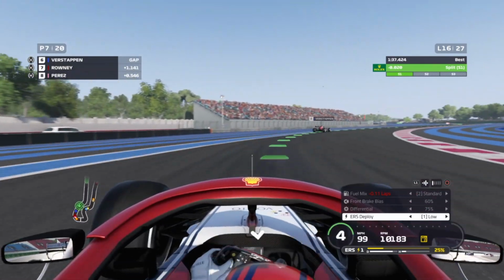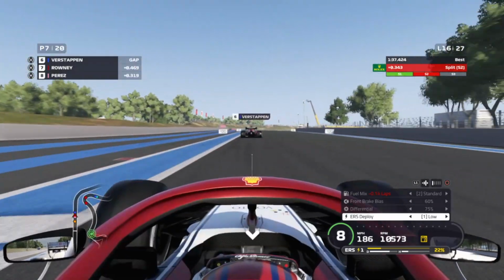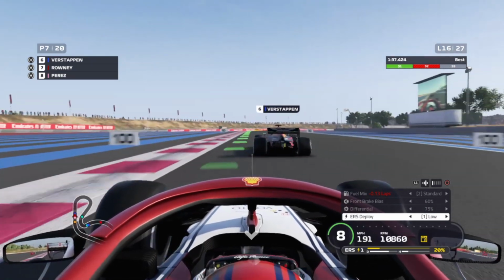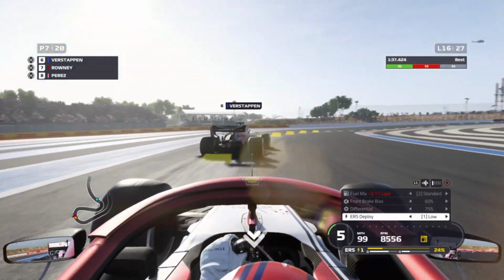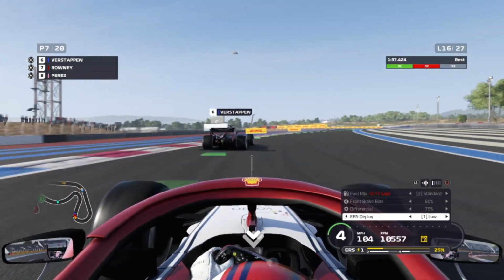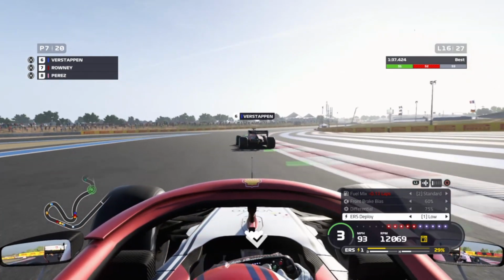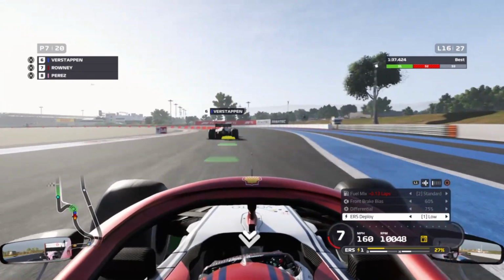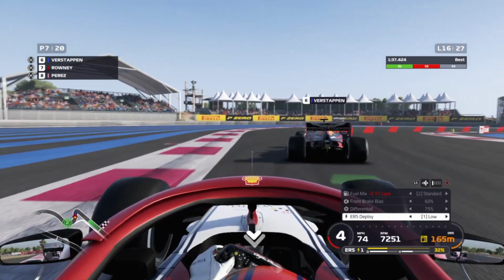We really would like a bit of DRS assistance off Verstappen, and if we can get past Verstappen and stick him between us and the Racing Point car, that would make our lives a little bit easier, as Verstappen goes defensive. Clearly has a mechanical problem in that Red Bull car, going very slow through this third sector, and that's bringing Perez and Sainz back into play. So we've encountered Verstappen in the worst possible place really, as we get another little kick of oversteer there. Perez right behind us now. We could have really done with overtaking Verstappen on a straight just to clear him out the way, but we've